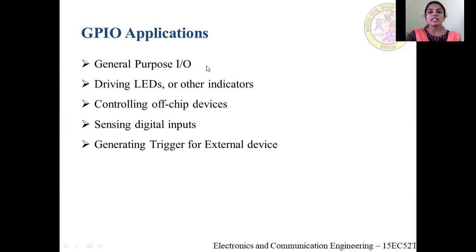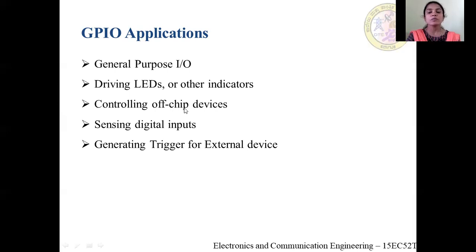If you want to connect any external peripherals to the LPC2148 IC, we are going to use these general purpose input-output pins. So generally, for connecting any external devices, we use the GPIO pins. That is the first application. In the same way, driving LEDs or other indicators. For example, in a mobile, if it is on, or for the torch, we use an LED. If you want to drive that LED, you have to connect it to the GPIO pins. And controlling off-chip peripherals, that is what general purpose IO does.